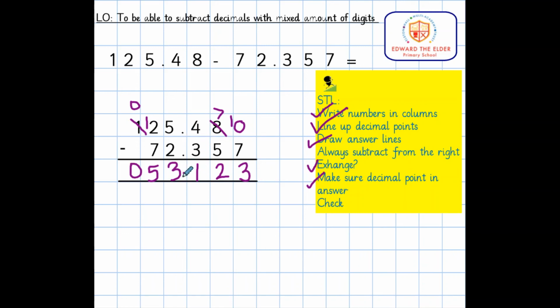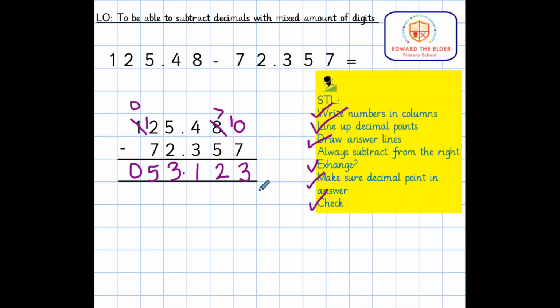Decimal points are lined up. 5 subtract 2 is 3. 7 from 2, we couldn't do it, so we exchanged. 12 take away 7 is 5. So the answer to 125.48 subtract 72.357 is